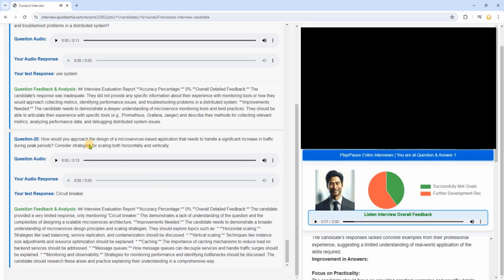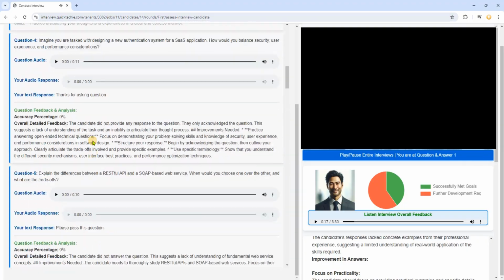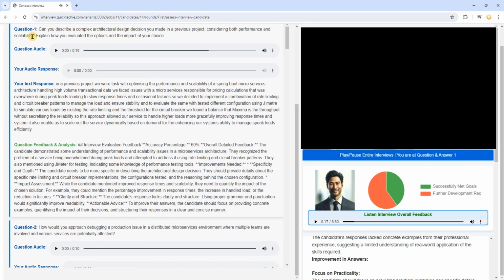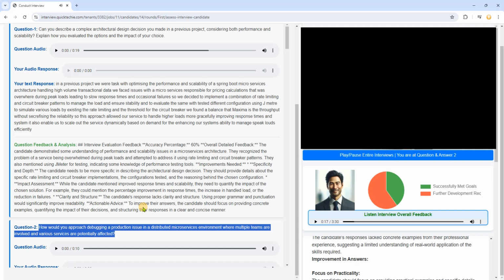Hi Rashmi, thank you for joining us today. Let's start with the first question for this full-stack Java developer, IBM, role. Can you describe a complex architectural design decision you made in a previous project, considering both performance and scalability? Explain how you evaluated the options and the impact of your choice. Next, Rashmi, how would you approach debugging a production issue in a distributed microservices environment where multiple teams are involved